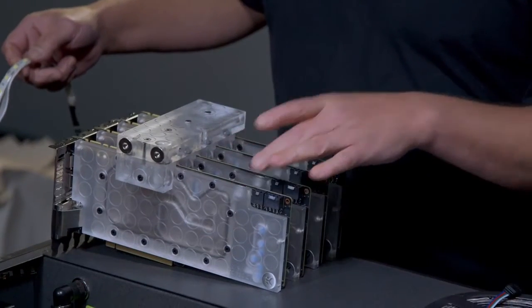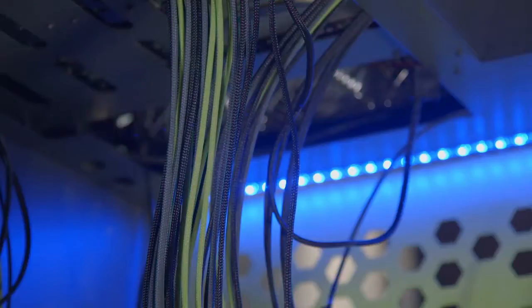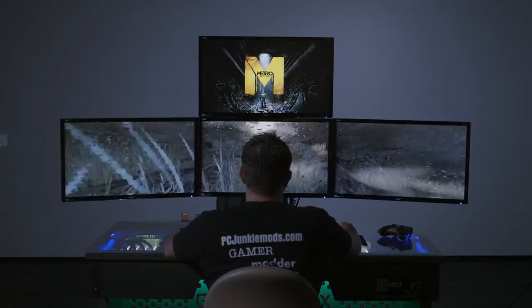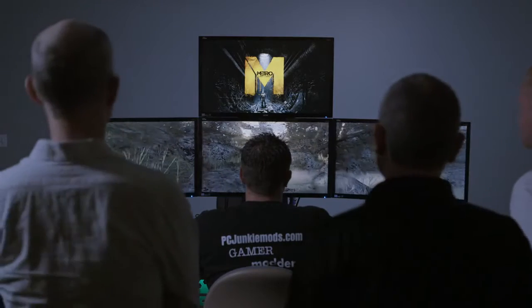On the last series, we focused on the Red Harbinger cross desk, turning this awesome desk into an amazing PC powered by 4 GTX Titan Blacks on either side, custom water cooling, some amazing LED lighting, turn this thing into a monster. Chances are you don't have a Red Harbinger cross desk at home,